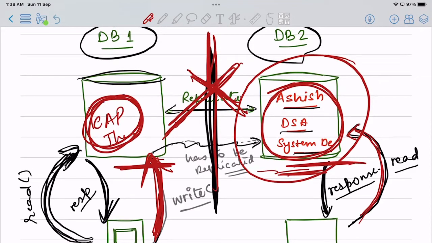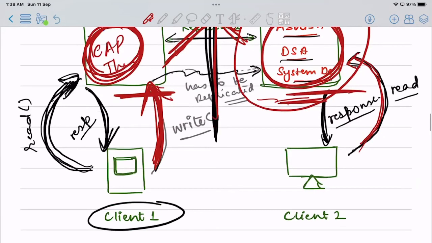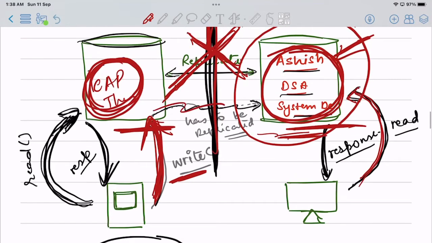It will not give the same copy onto this, and the clients accessing data from this will not get that. And if you are saying that your system should be highly consistent, that whatever data is present here should be there, and if there is a network failure and you are trying to write and you know that it can't replicate to all the data stores, what does it mean? It cannot be highly available, because if you write here, data will not reach here, it will arise